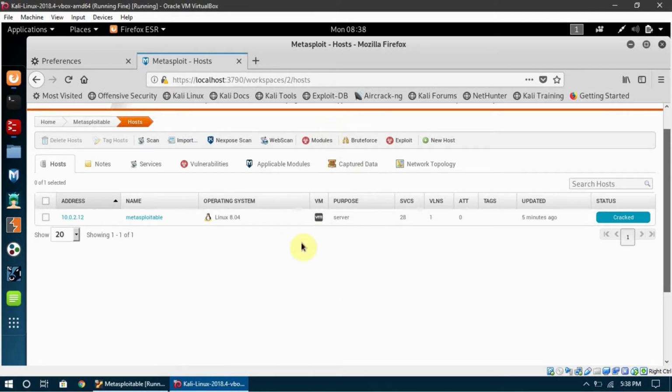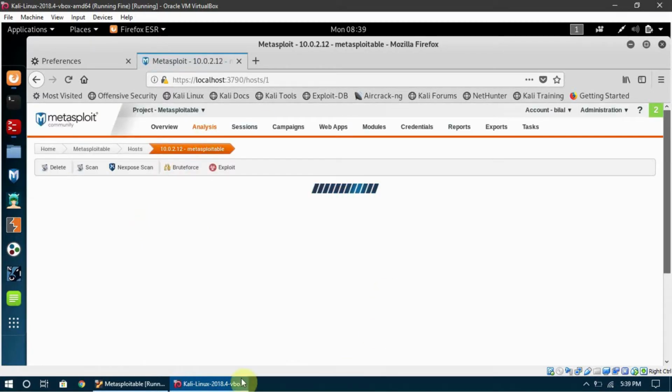I told you that Metasploitable is a server and it hosts many websites on it, and we are going to look into those websites later. So it is a server it is telling us, and the status is that it is cracked, and it has now completed for us. So we can click on Metasploitable to find more details about what we found in Metasploitable.